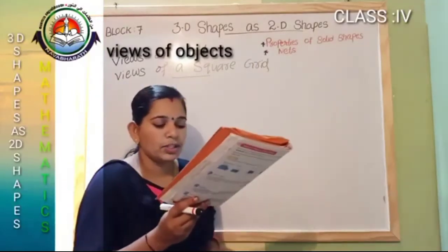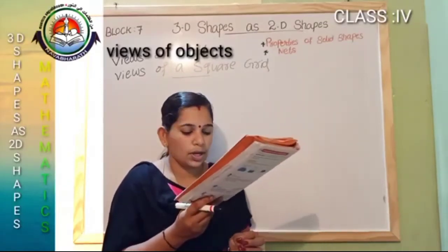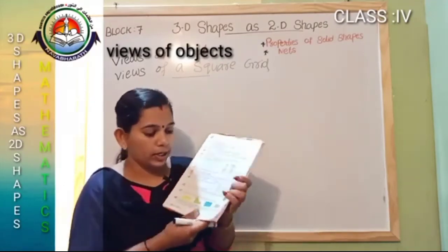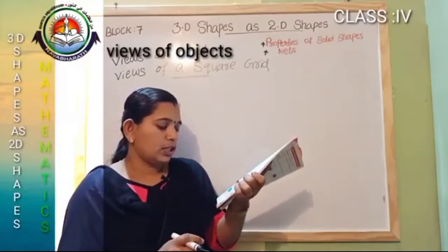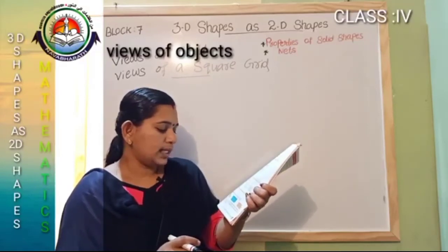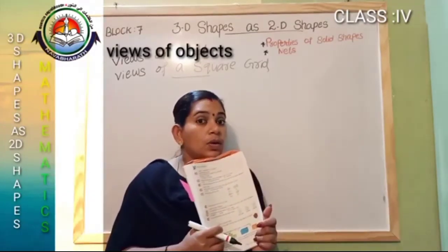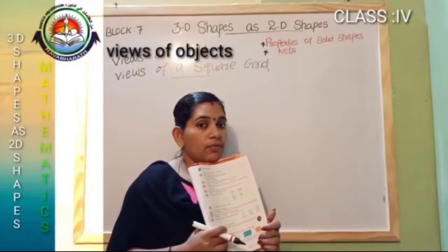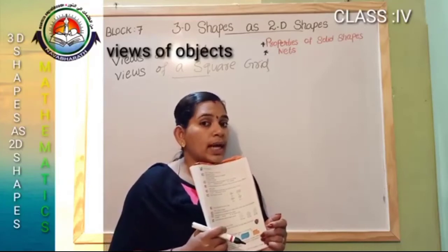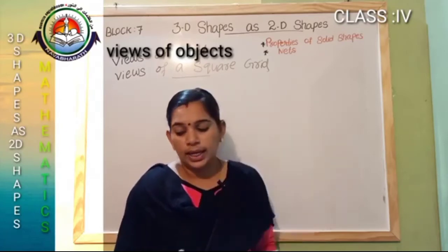The next question: suppose we draw one of the objects in question 2 on a square grid. The total number of squares on the grid we shade is 20. Which of the objects in Q2 did we draw? What is the actual number of cubes in that object? Here, for some objects, the 20 squares can be colored in one color. So you want to find the actual number of cubes in that object. Okay, then workbook.